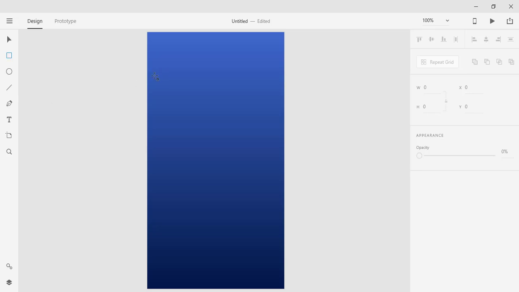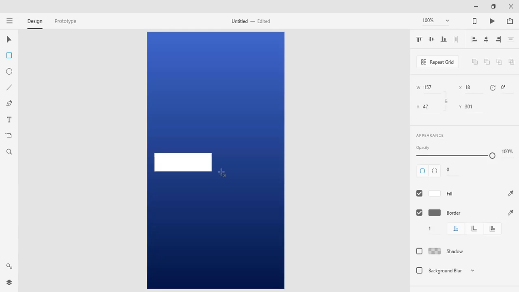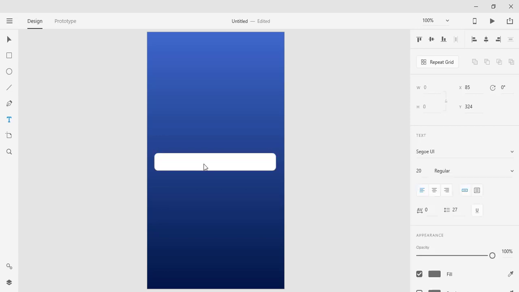Just click over a rectangle and draw a rectangle over here, with width maybe 40 or 45 width, just like this, and give radius 10. Select the text tool and click here and write user name and center it and choose